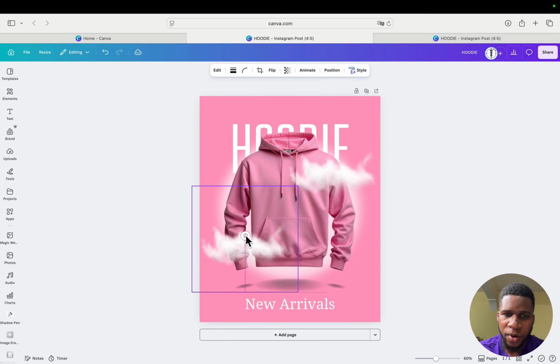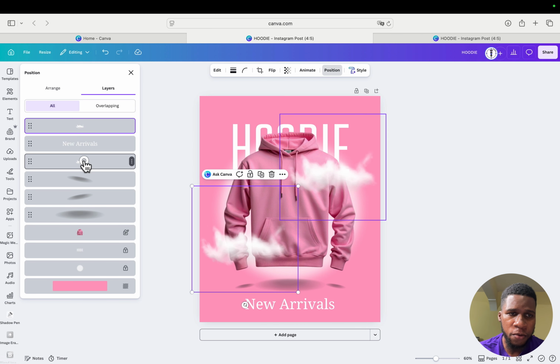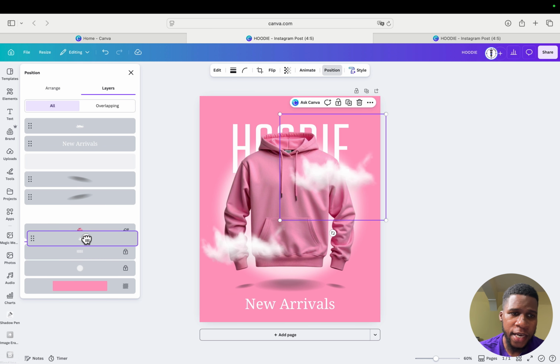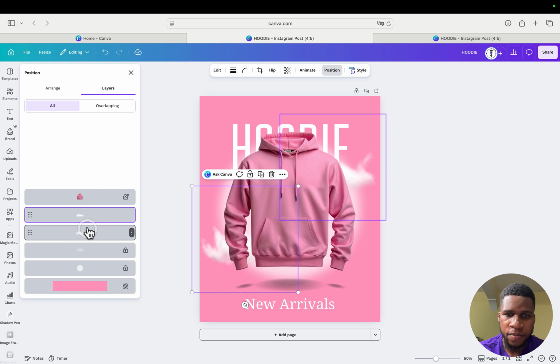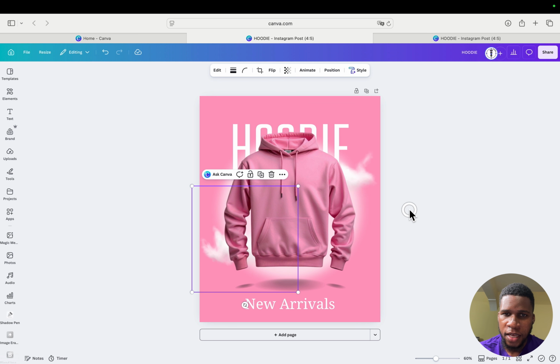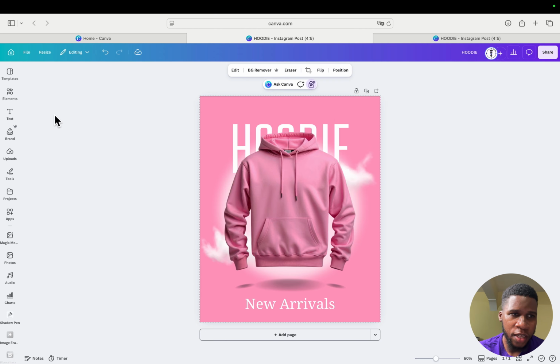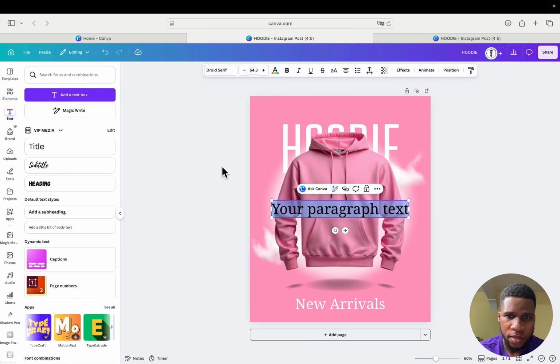we can place one right here on the left hand side of our hoodie, down at the wrist area. Once we've done that, we can go to position, and then move these clouds behind our hoodie. Let's move both of them behind our hoodie, and what we could do is add a text up at the top right here. Let's go to text, and add a text box, and we're gonna type in